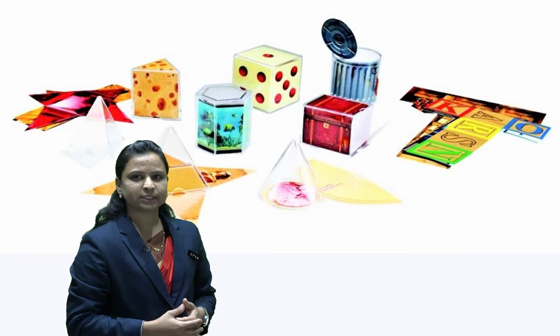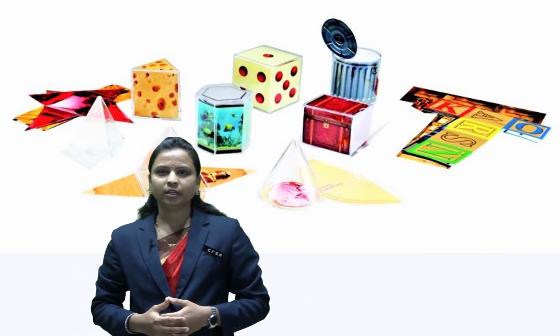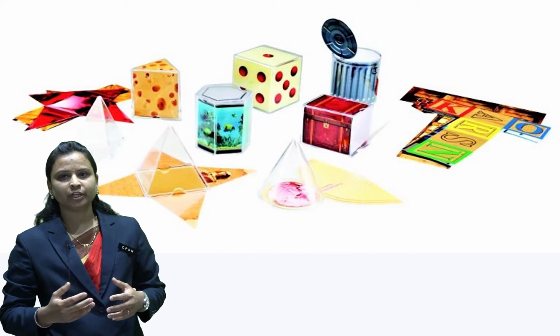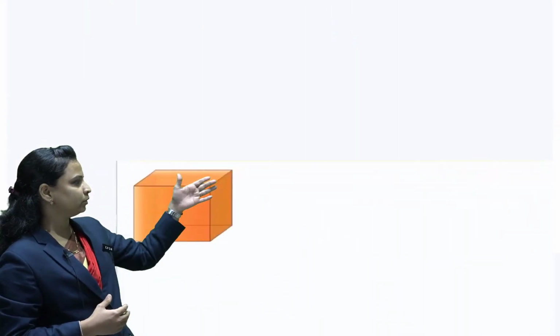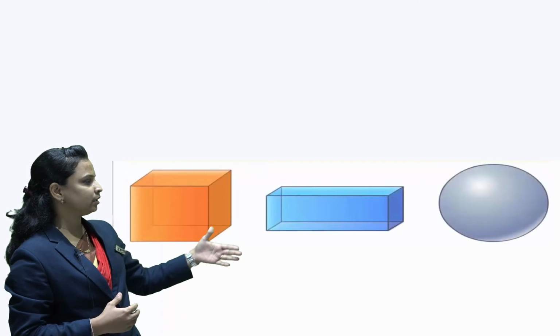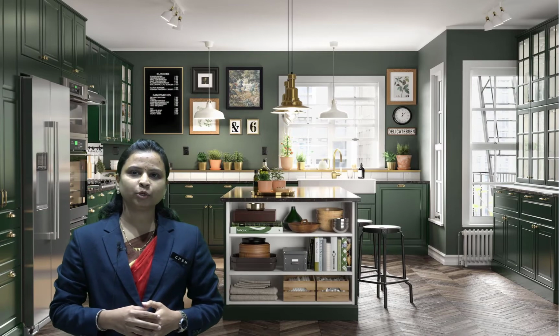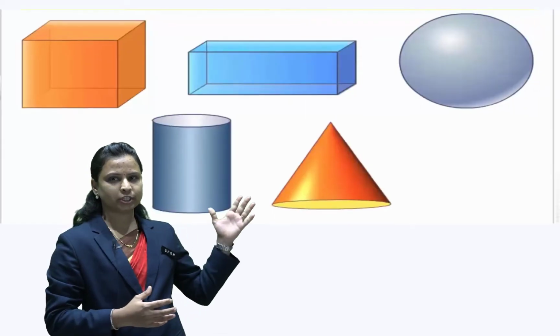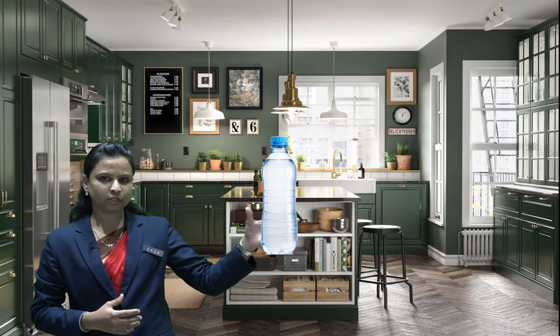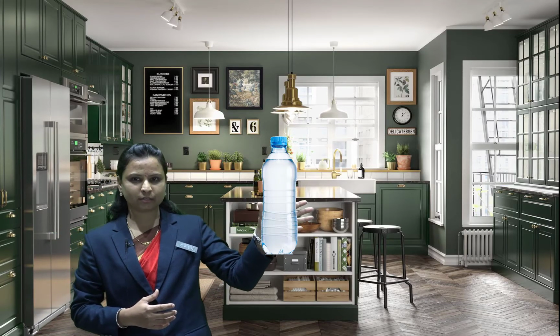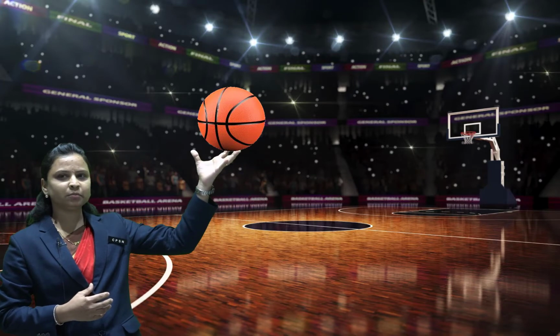The solid shapes that we have encountered so far in mathematics are basic fundamental shapes like cube, cuboid, sphere, cylinder and cones. In our day-to-day life, we come across a number of solids which have these shapes. See this bottle, this is like a cylinder. A birthday cap has a cone shape. A ball is nothing but a sphere. A box can be a cube or cuboid.